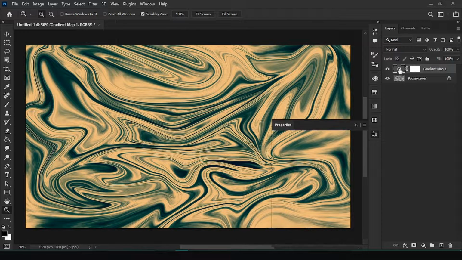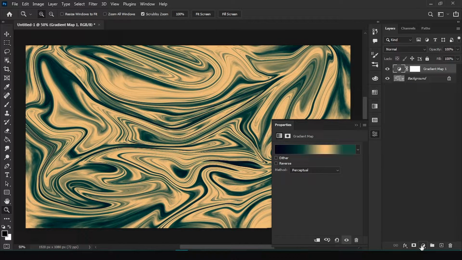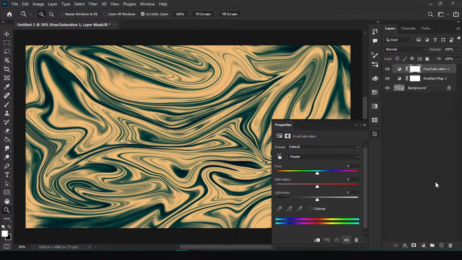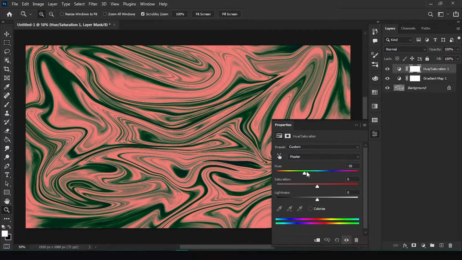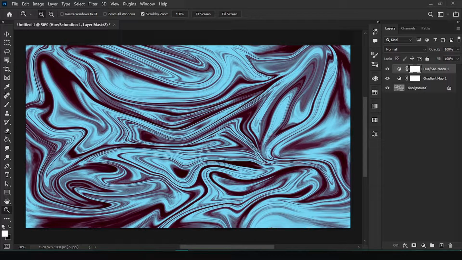You can also play with how the colors range. You can see what I'm doing right now, and the colors are changing, as you see. So yeah, I'll just keep it around right here. And if you do not like these colors but like the gradient, what you are going to do is add a hue, a saturation, and just play around with the hue. So I'll just keep it around here, something like this. Yeah, this one looks kind of good.